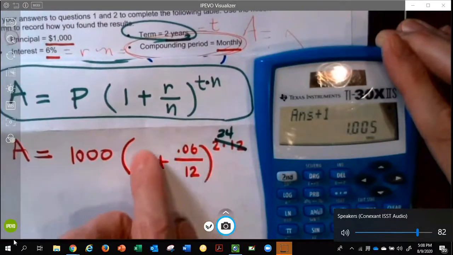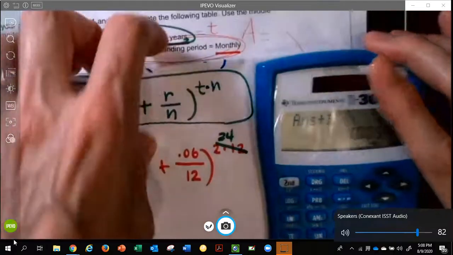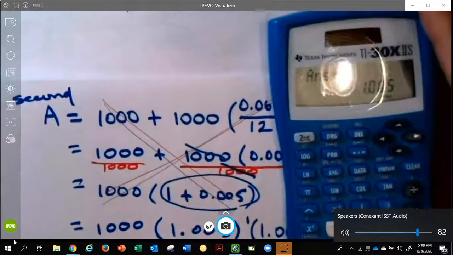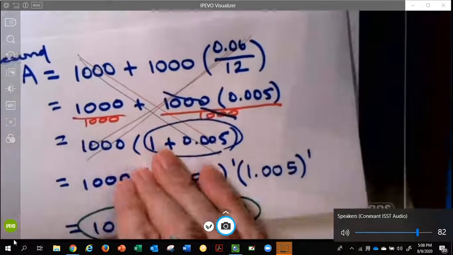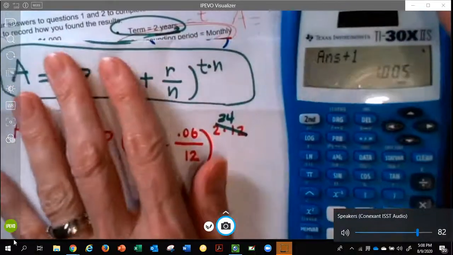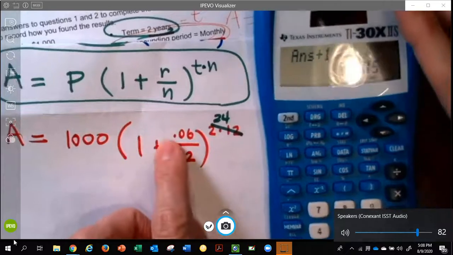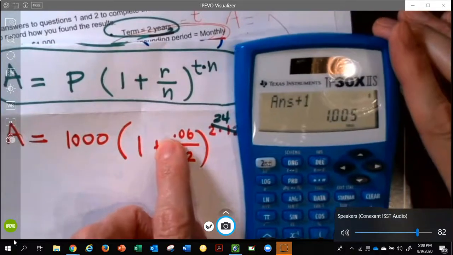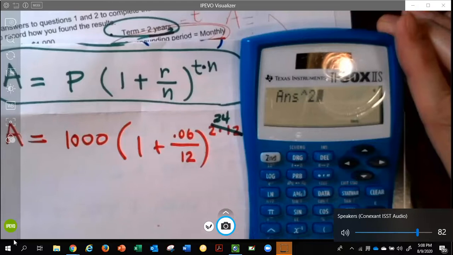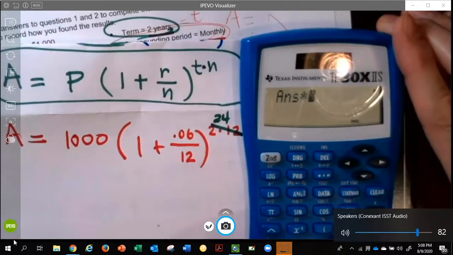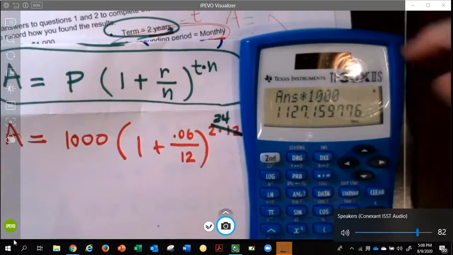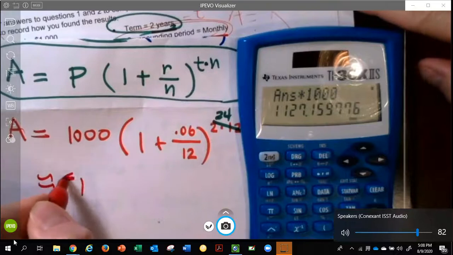Now I have the guts of this parentheses, and you're like, wow, that looks familiar. Yeah, it does. It's back here where we had this 1.005. So we're on the right track. And then all of this parenthesized work needs to be sent to the 24th power. So send it up to the 24th power. And then the last thing, times 1,000. And when I get done, voila, we have about